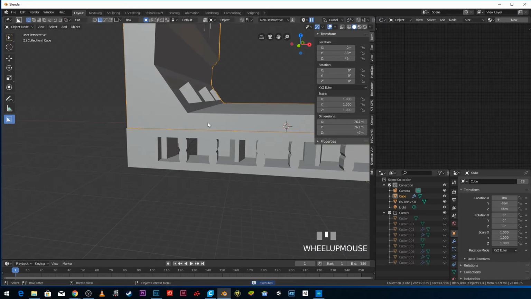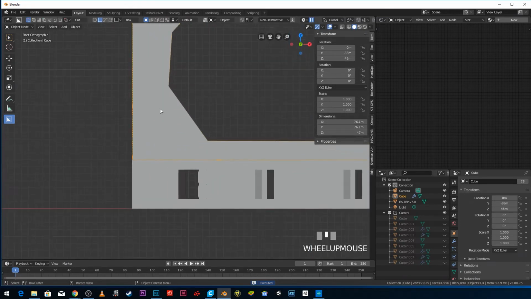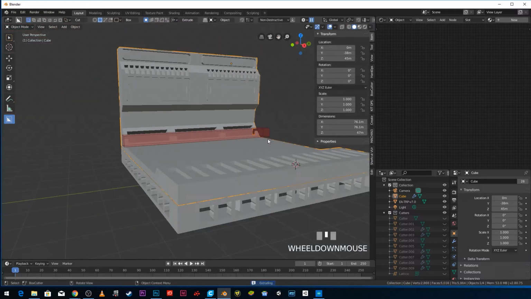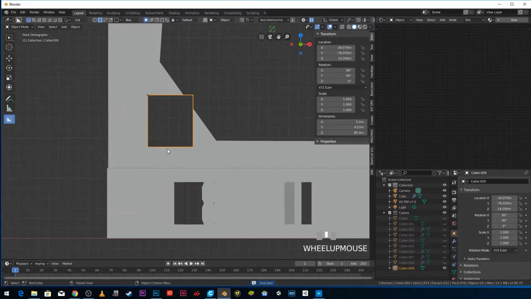Okay, so for this one, we're going to do something slightly different. So I'm going to draw a box here, and I'm going to bring it all the way along, and I'm going to hold down the Shift key and left click to keep it active, and then I'm going to rotate it,